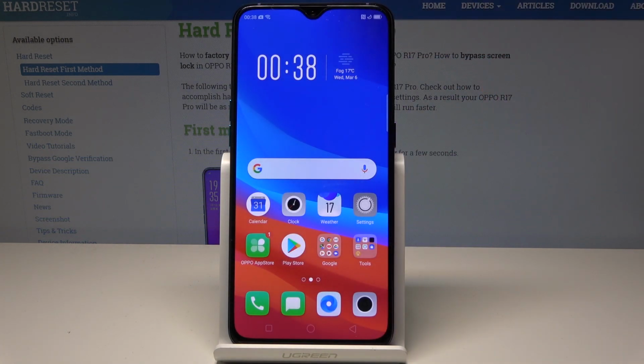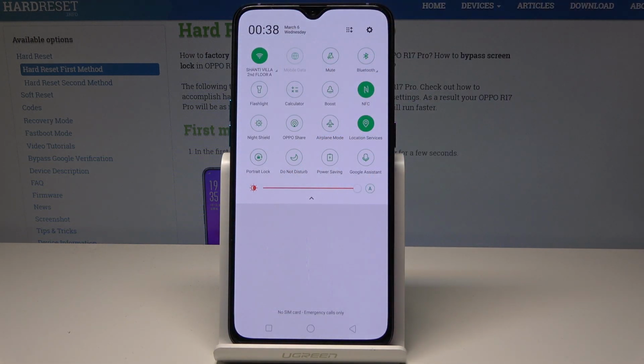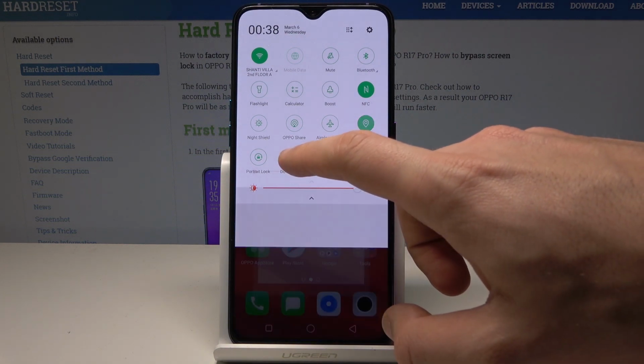Here you've got the icon of Do Not Disturb. Here you can also use the upper bar twice again, and let's tap Do Not Disturb one more time. So that's it. If you would like to set up Do Not Disturb, let's hold down Do Not Disturb